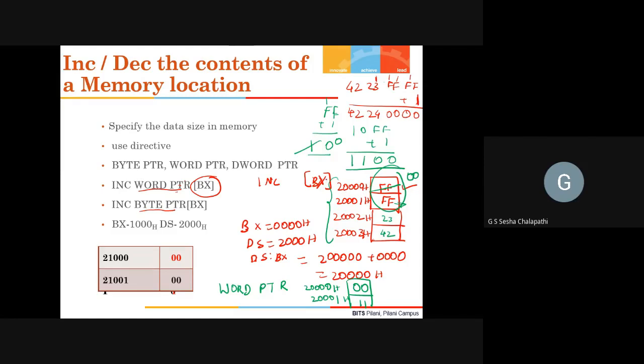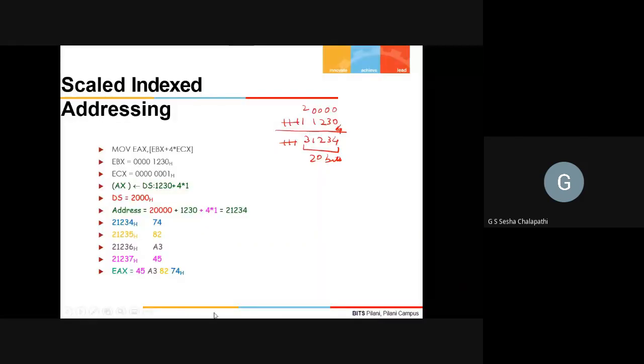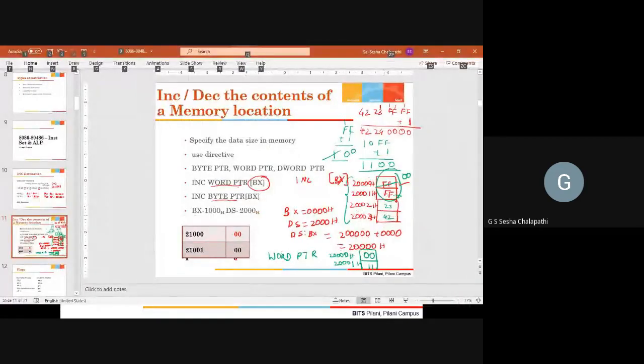So if you actually look at it, let me take an example here. I will insert a slide here. If you did a move instruction, MOV EAX, followed by, let us say, 20,000H.